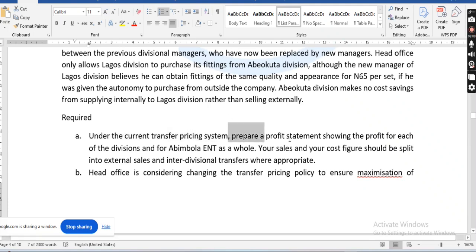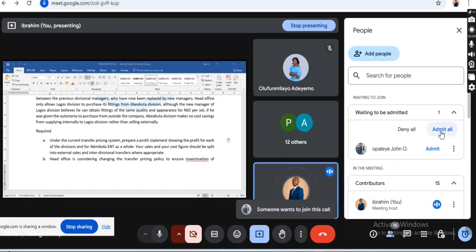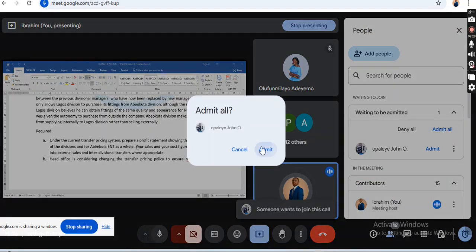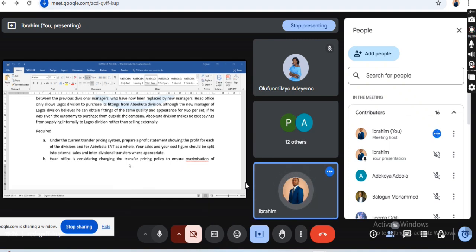Prepare a profit statement showing the profit for each of the divisions, right? We need to show the profit of each of the divisions, and for Abimbola Enterprise as a whole. So once we show the profit of each division, we will also show the profit for the organization as a whole. Your sales and your cost figure should be split into external sales and